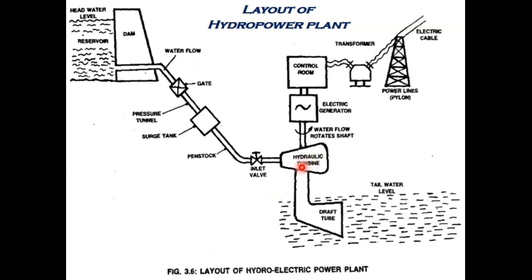At the bottom of this turbine, the draft tube is provided. The draft tube is basically a divergent pipe because it has a diverging shape. This draft tube takes the water out at the lower end of the setup, called the tailwater or tailrace. This water can be supplied to the community by canals, or we can pump it back to the reservoir.